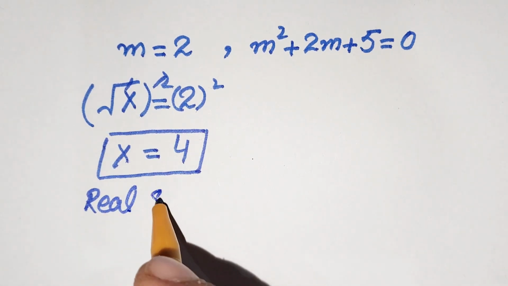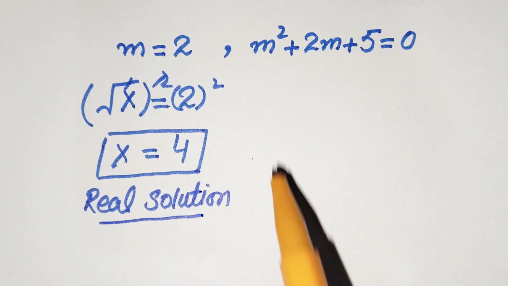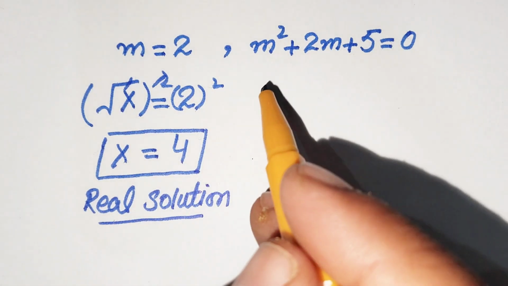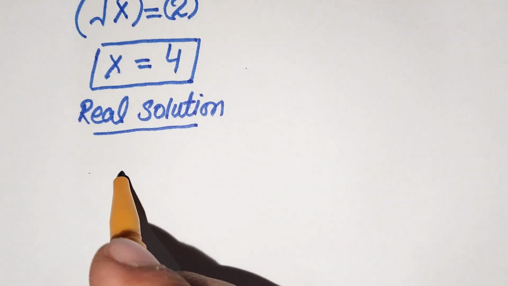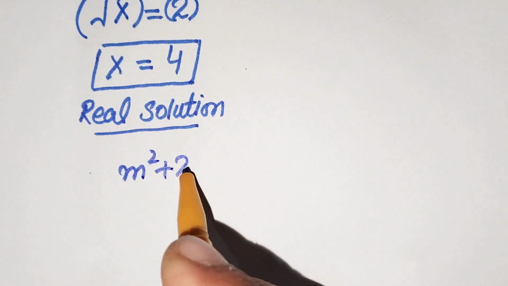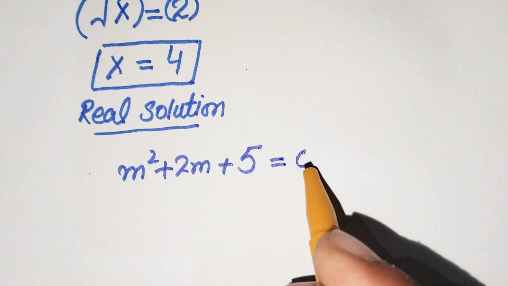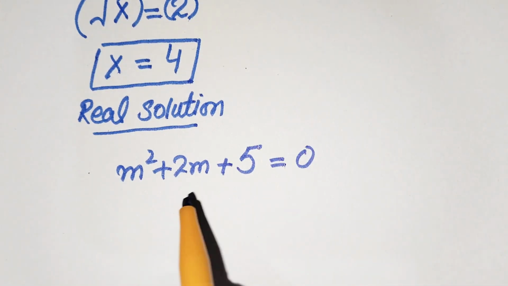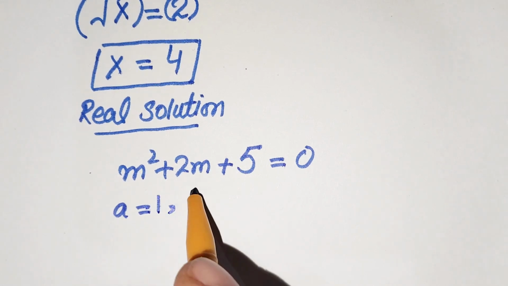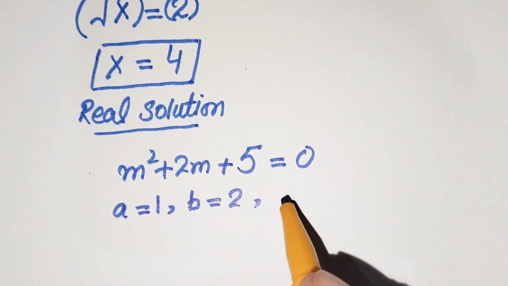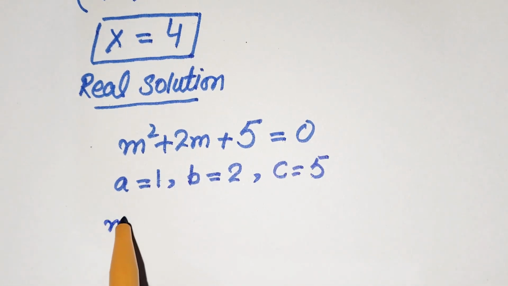So now we can find the other one, m square plus 2m plus 5. As we know, here m square plus 2m plus 5 is equal to 0. Now we are going to use the quadratic formula. So for this purpose, here a is equal to 1, b is equal to 2, and c is equal to 5. So putting into the formula, we get m is equal to,